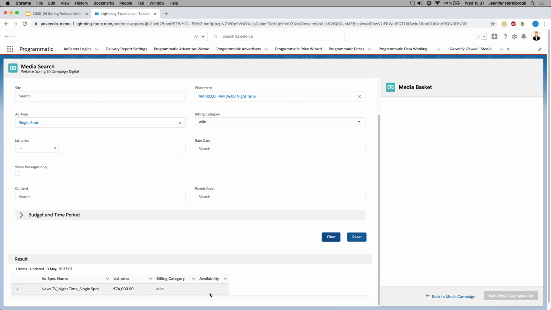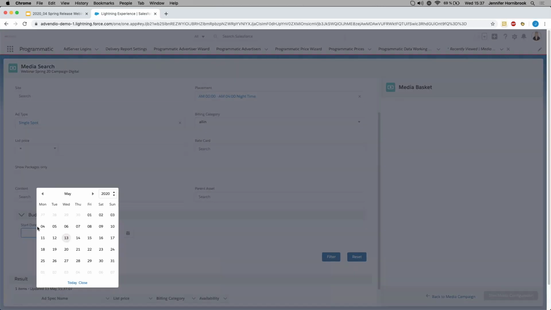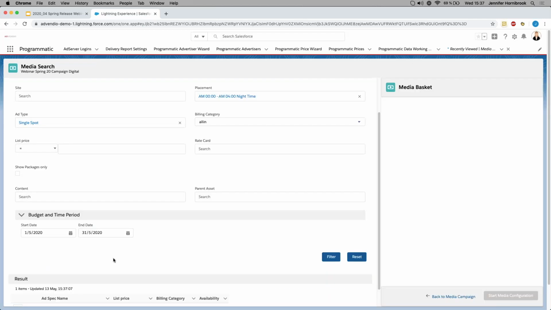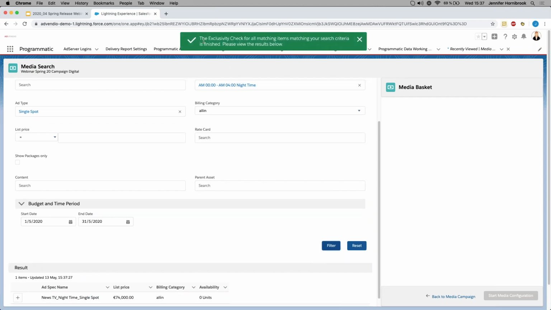We have this column here called availability. And what we can do now is put in directly here in the media search the duration that I'm looking for. So maybe we'll see if this one is available in May. I press filter. You can see up here that the exclusivity check for all matching items has been carried out,